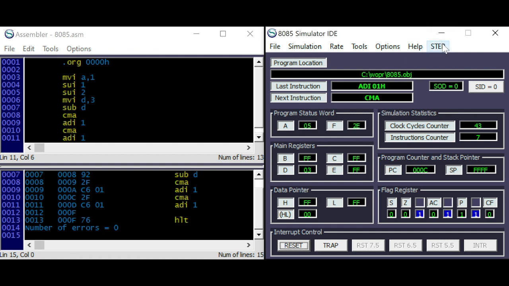If we do the complement again, adding 1 to it, we will receive FB again. So next to the SUI command, you could also write SUB A, B, C, D, E, H, L and memory